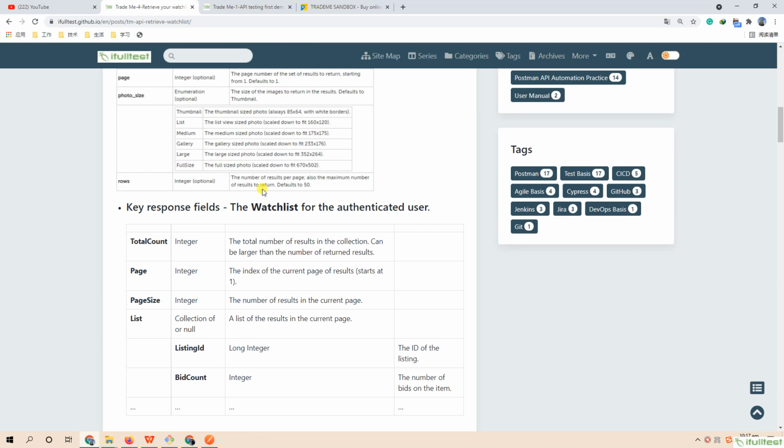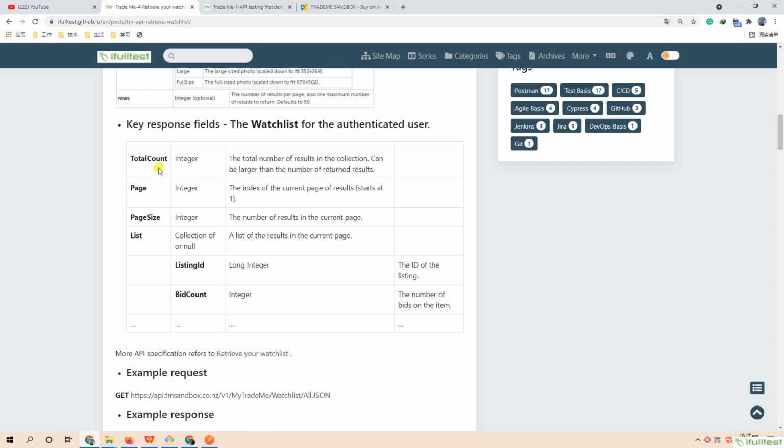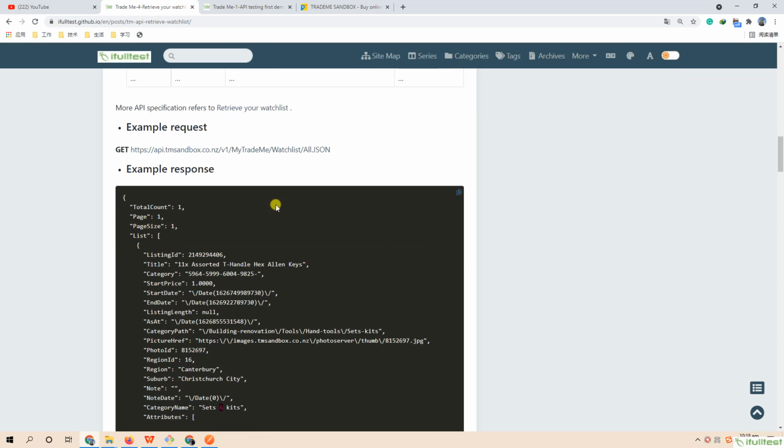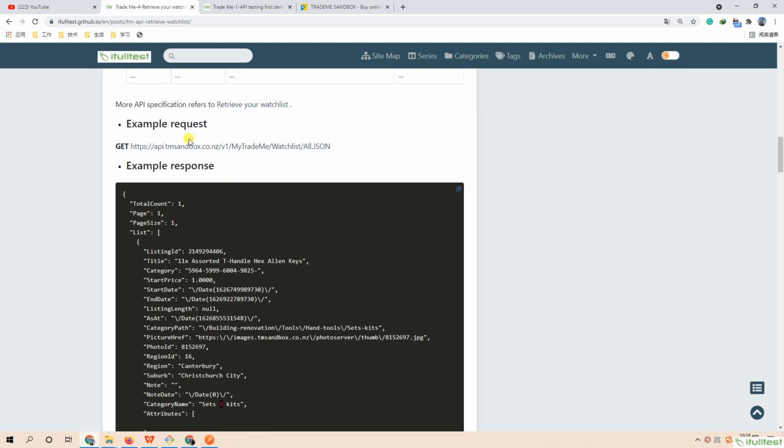The key response fields are like below. We can check the number of total count from the response. This is the example request and response.